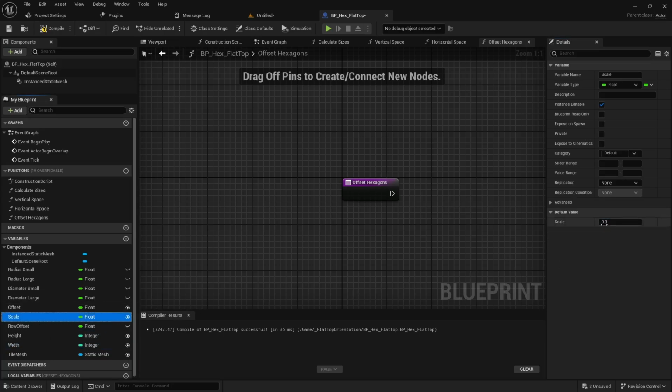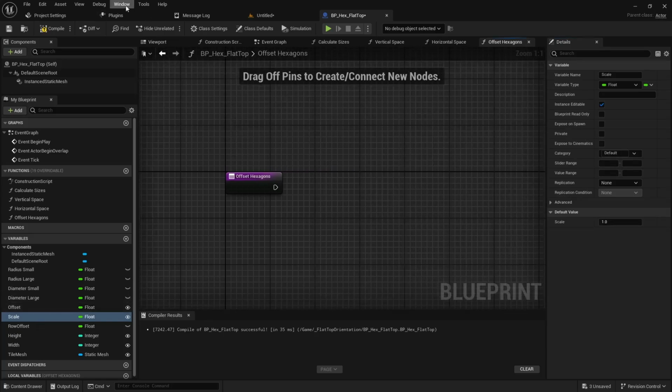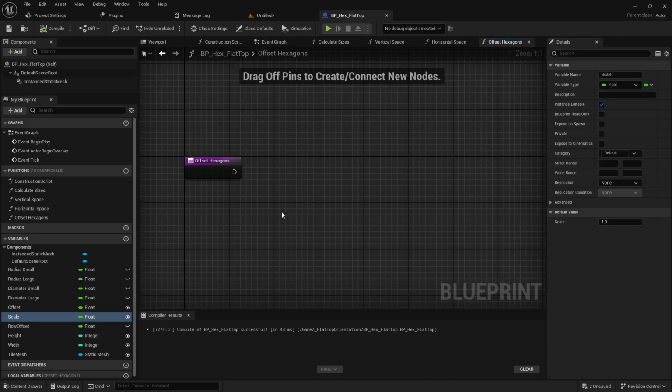The scale we need to set to 1, because if you leave it at 0, you're never going to see your grid, because everything's scaled to 0. And that's actually the last thing you need to set, so you're good on your variables. So we can compile and save, and we can begin writing our